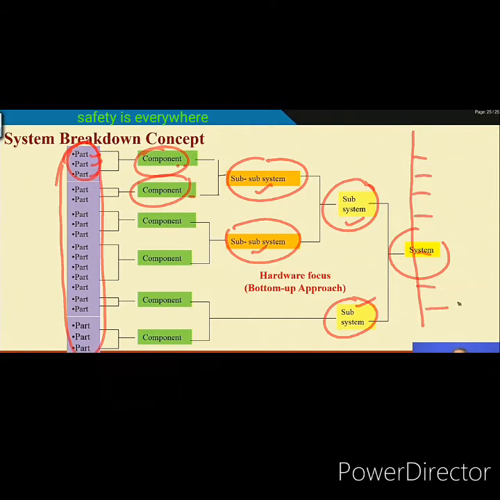It may so happen that the component level failure modes may not lead to the part level failure mode, or may not lead to the component or subsystem level failure mode. So, when we do the component hardware breakup, we are basically interested to know at the bottom level what the failure modes are, and we want to identify the details. Now, the relation of how the sum of the failure modes finally leads to the higher level failure is a different issue.